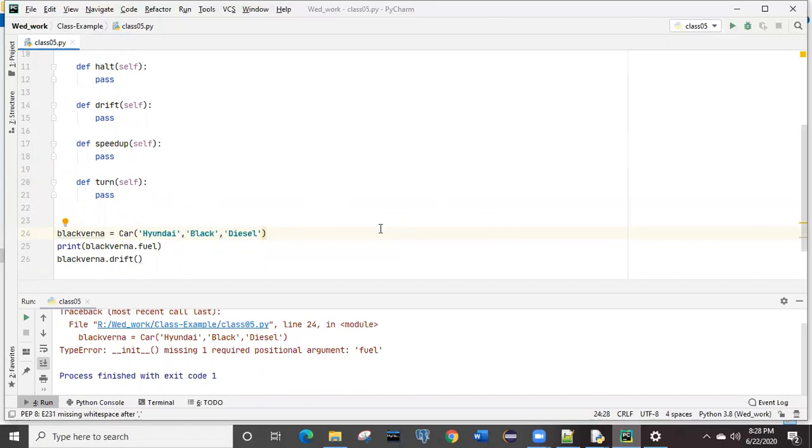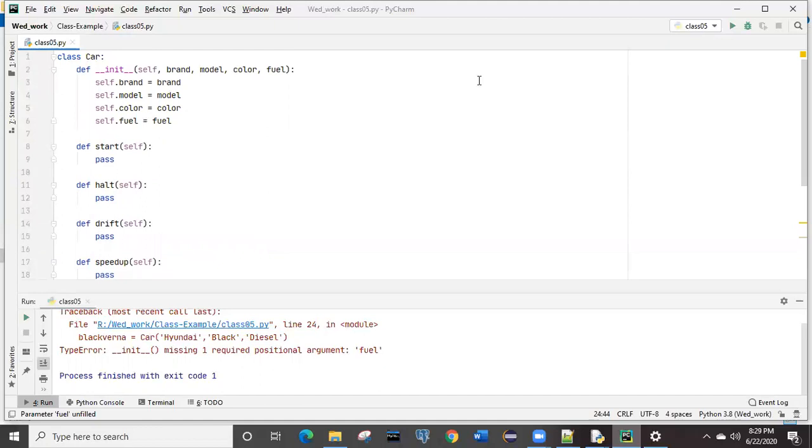It will always start counting: this one is the first, this one is the second, this one is the third, and it will think that the 4th field is missing. And what is the 4th field in the class? It is the fuel. It will not consider the value, it will consider based on the numbers. First is the brand, second is the model, third is the color, and 4th is the fuel. Because of that, it is saying missing the fuel.